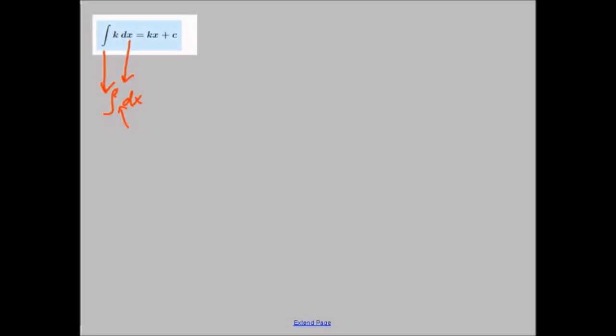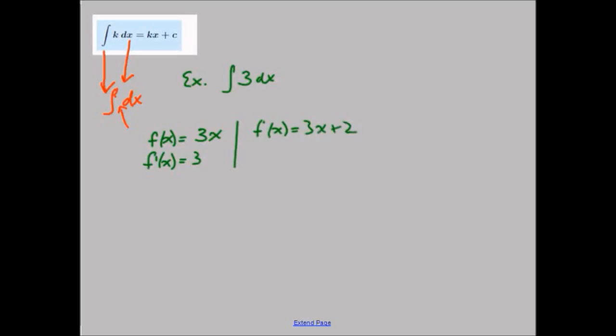So we've got a constant number. For example, you might have to integrate the number 3 dx. Let's think the opposite way around. If I had a function f of x equals 3x, the derivative of that would be 3. Now, keep in mind though, if I had a function 3x plus 2, then the derivative of that